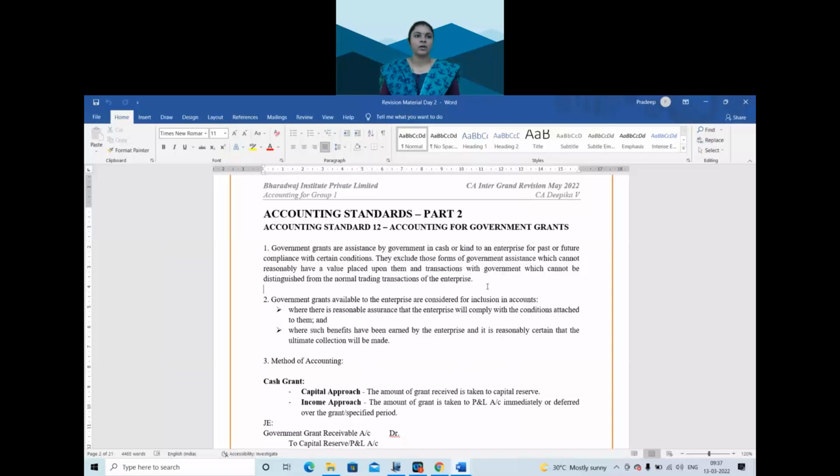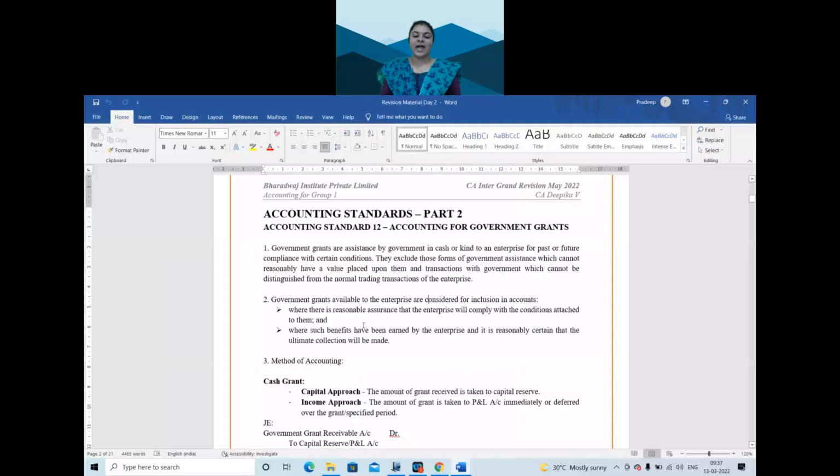Okay, so what is the simple meaning? Grant is a separate amount that is received or receivable in cash or in kind for certain conditions placed by the government towards the enterprise, right? So this is about what is a grant, so measurement. Next point, how a grant has to be recognized in the books. Two conditions. First,